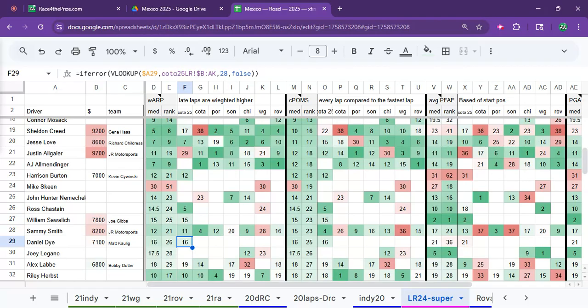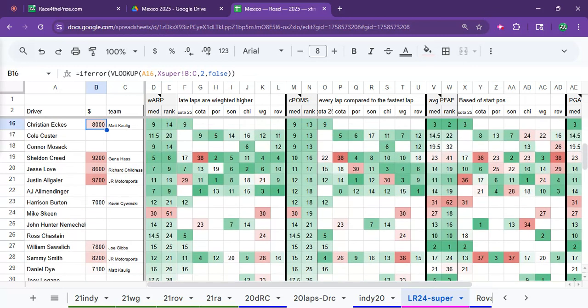And the finishing position bucket is pretty high. And there's even the possibility of fast laps and laps led at 7,100 and low ownership because, again, you can expect a popular build to be top-tier 10K drivers, 9K drivers, and then 3 of those 6 to 5K drivers. And then Dye gets completely ignored. Sawalich gets completely ignored. You'd even argue that Christian Eckes is going to get ignored. Whereas in this race,